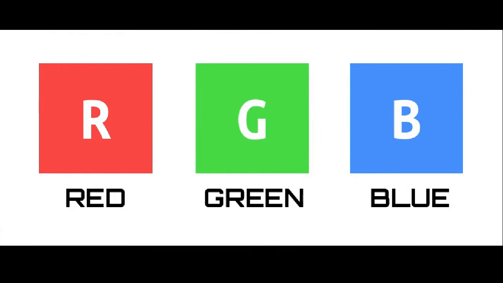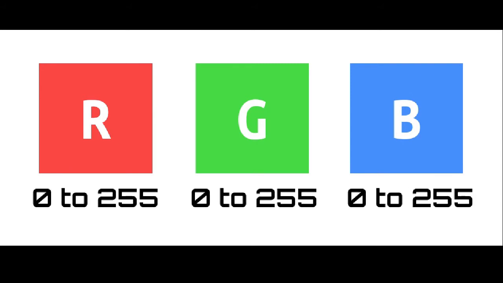Here's RGB, which stands for red, green, and blue. And this is how we're going to be defining colors throughout our code. These RGB values accept a value from 0 to 255, where 0 is the lowest intensity and 255 is the highest intensity of that color. So in code, it's going to look something like this,